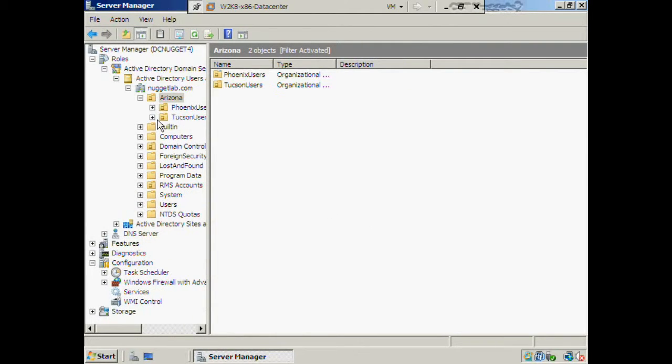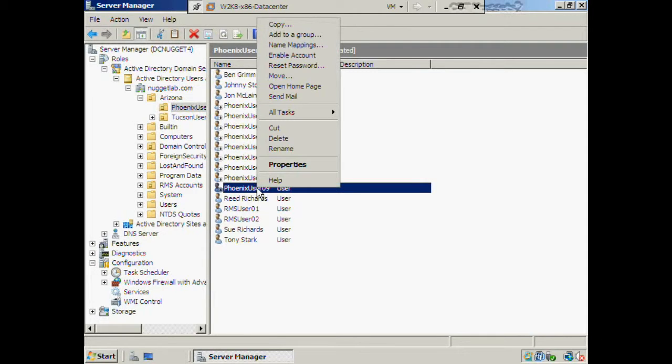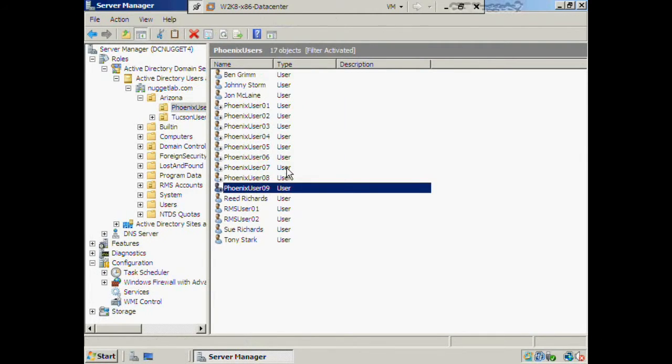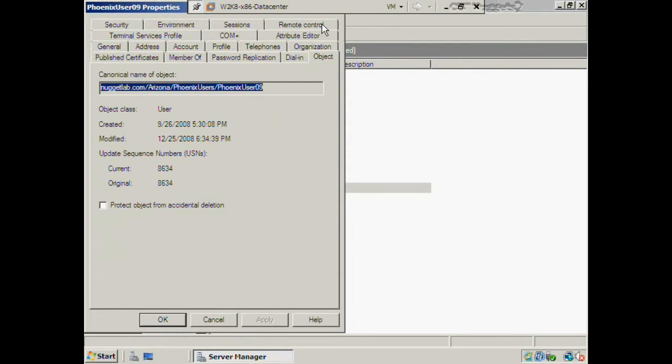Now the other thing I could do is to work with any specific given account. Let's say here, Phoenix User 09. If this was an account that I wanted to protect so that it would not get accidentally or carelessly deleted, I could also go to this account and go to its properties. And then once I'm in here, I could go to Object, and I could also protect that object from accidental